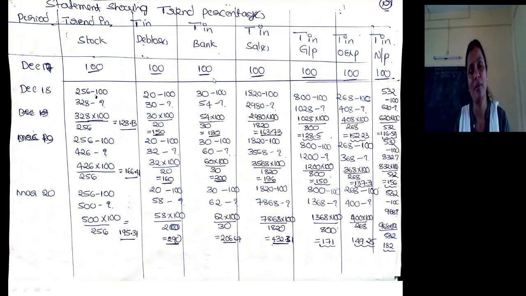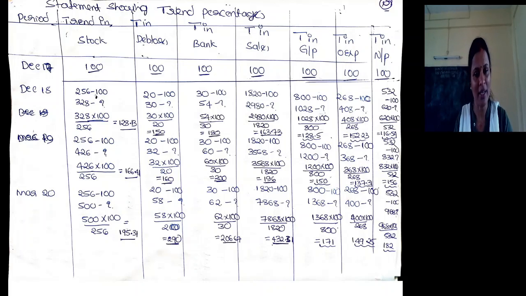When we look at the changes in stock, debtors and bank balance, each and every current asset has increased. Even the liquid current asset, the bank balance, increased from 100 to 206, which means there is a 106.67 percent increase over a period of 4 years. Again, there is a 290% increase in debtors and a 195% increase in stock. It indicates the organization is investing more and more in current assets.